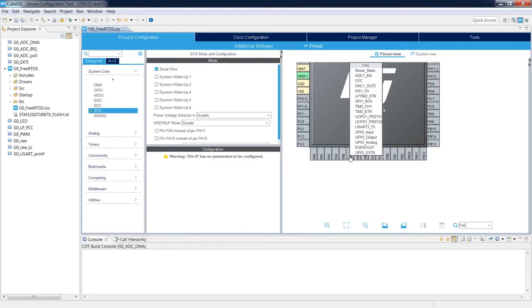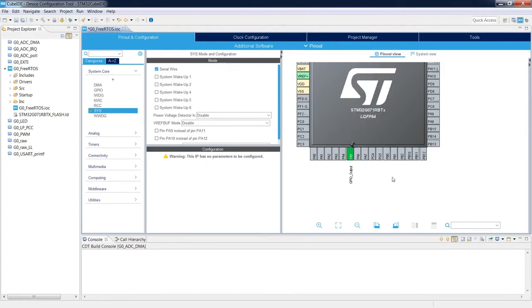I press the left button on this pin and select GPIO output. Then I need to specify its label, just to have an easier configuration within the coding process. So I press the right button on the mouse, select Enter User Label, and I will name it LED green.